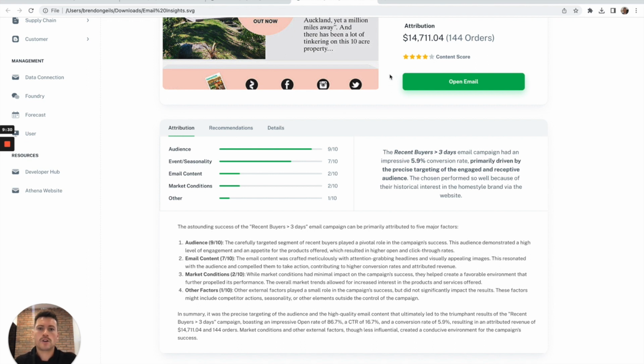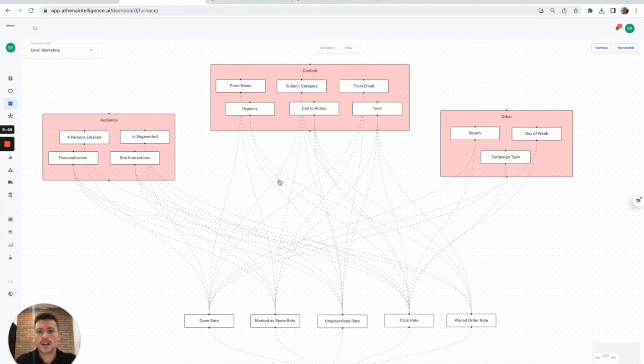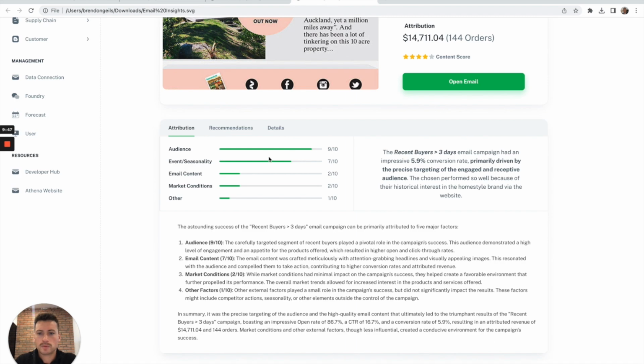It is now helpful for an email marketing team to ask the question, why? Why did that do so well? Or if it performed poorly, why did it perform poorly? So this root cause analysis or attribution workflow is quite common. And using the same underlying causal mechanisms, we're able to parse out the reasoning and provide that to the user in a summary and a longer form